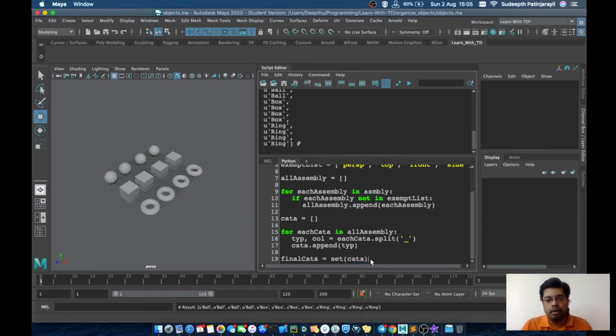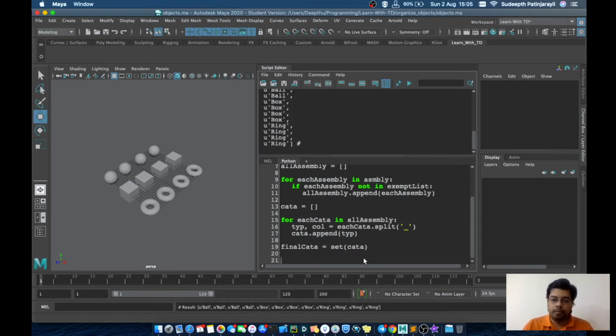This set function is a built-in function in Python. It will remove all the duplicates present in that list. But this will come back as a set, and finally we want a list.